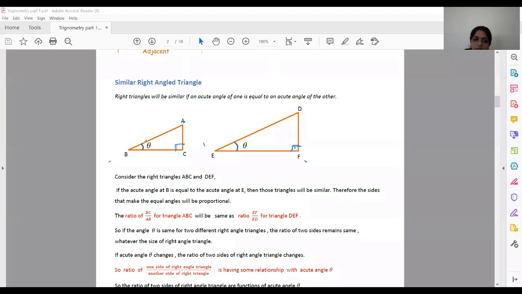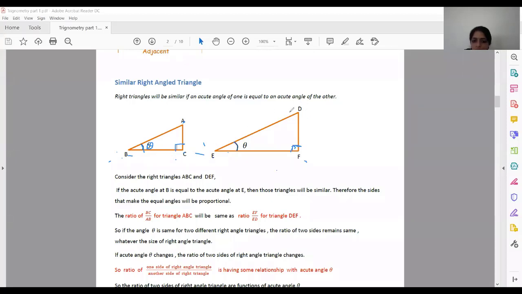Here we are taking two angles. This B is theta and this E is theta. If both theta are equal, students please listen carefully. If both theta are equal, then the ratio of the sides